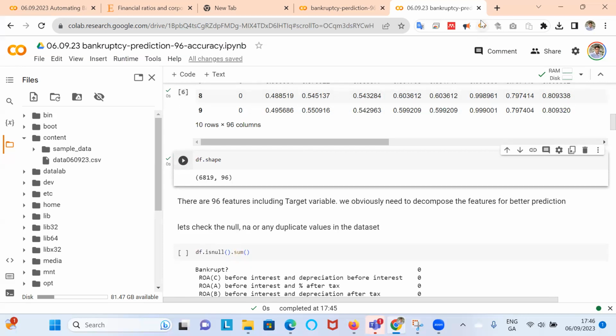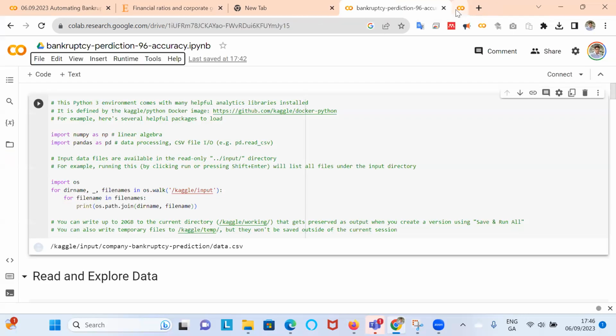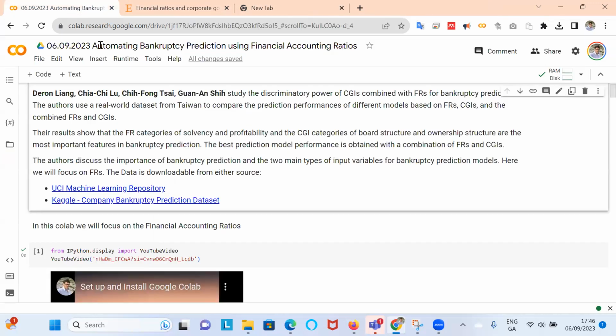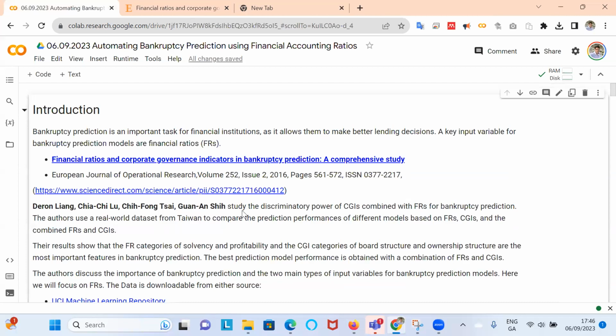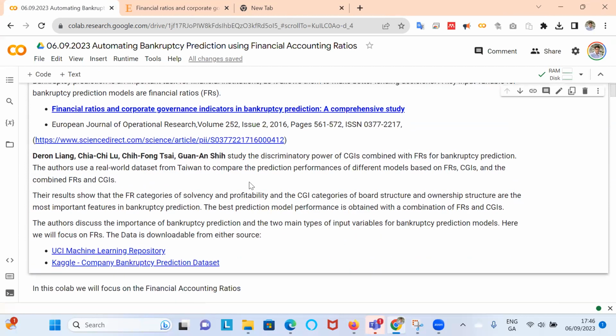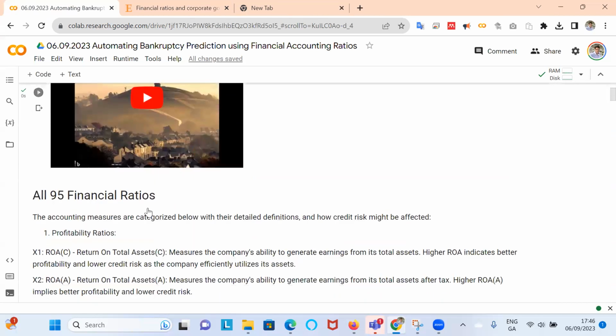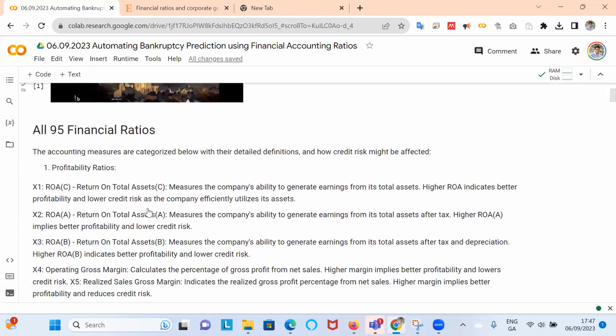Okay, now I'm going to close down these Colabs, and I'm going to revert back to the first Colab we had because I have more detail in there, right? So this is the work I've been using, and it's the one we started off with. And there's a little bit more information. And then if you're new to Colab and you want maybe an overview, there's a video clip. So just click on the video clip, it'll play in the notebook. And then I've given them more.